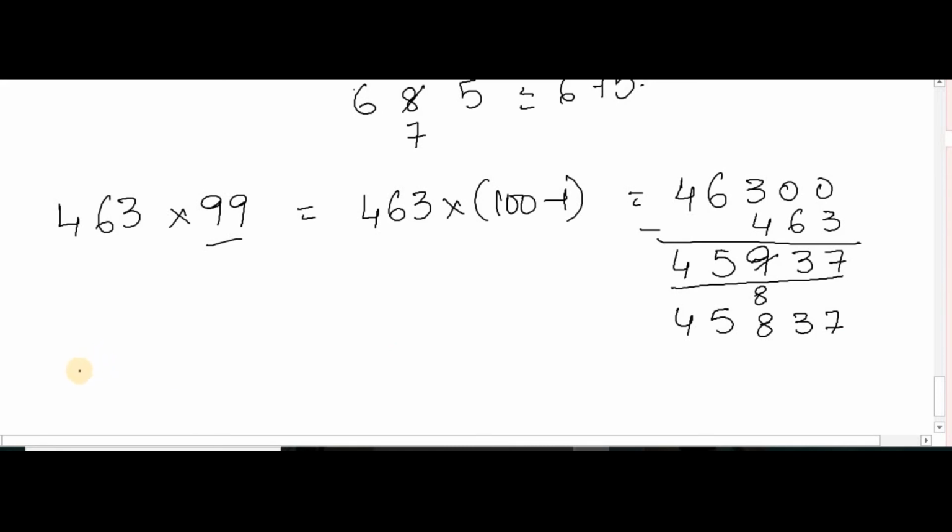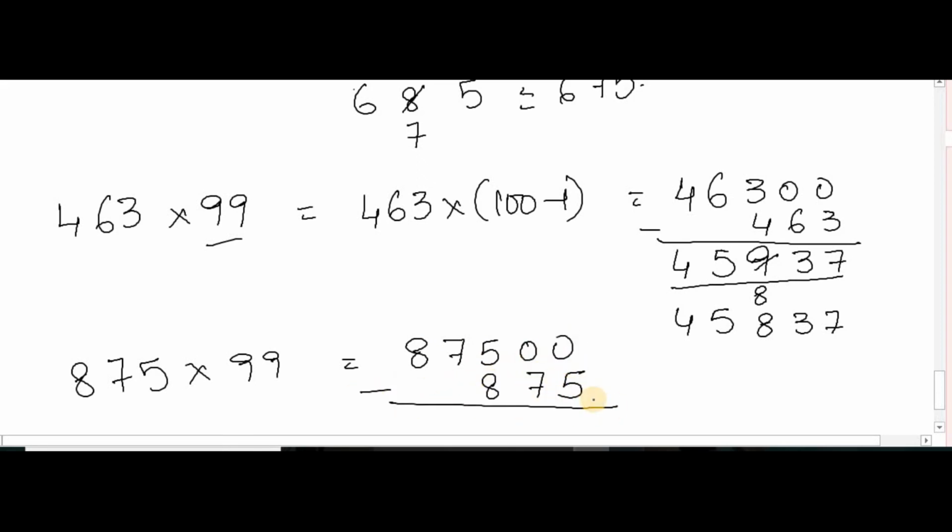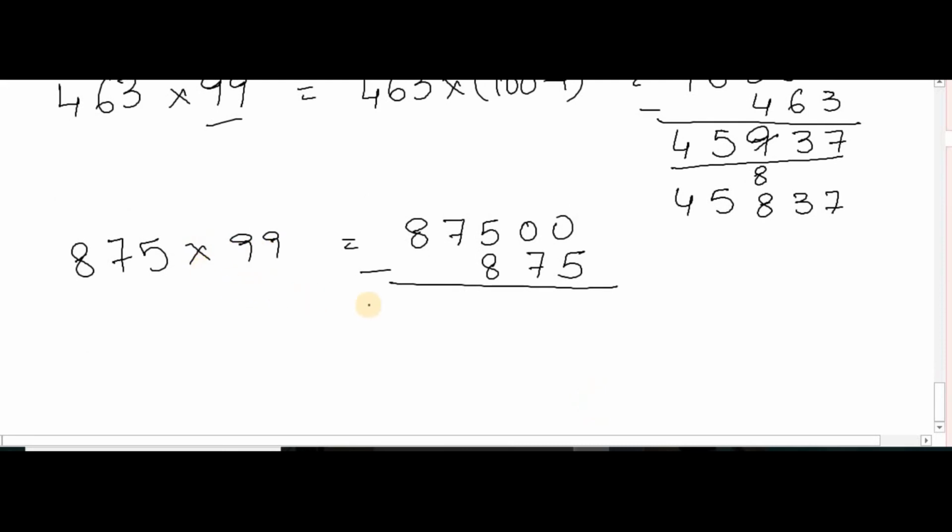Now we go with one more question with 99. 875 multiplied by 99. Simple, just write the number and join 2 zeros, minus 875. So we write 8 as it is, whereas it is a mismatch combination, the before number of 7, and this is also a mismatch combination, so we write the complement of 5 plus 2 is 6, 7, but we'll write 6, and here it is 2, but it is a mismatch combination. This we already changed, and it is 5.